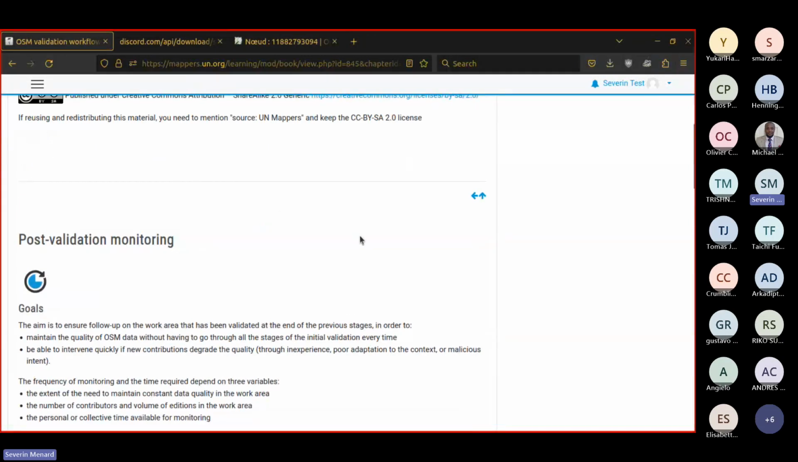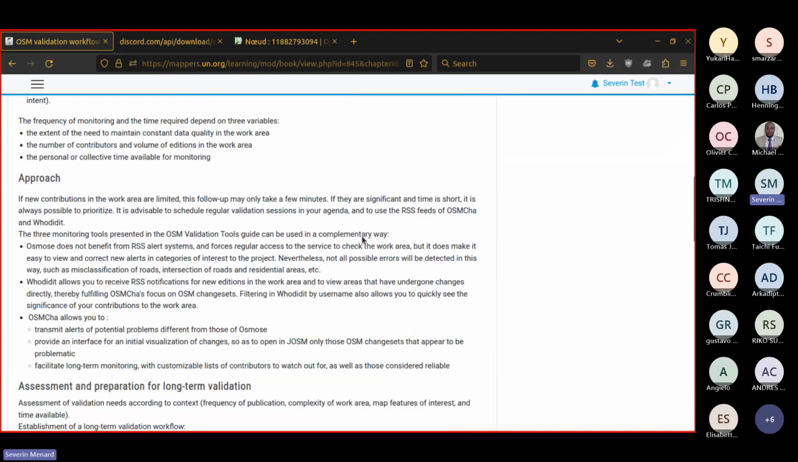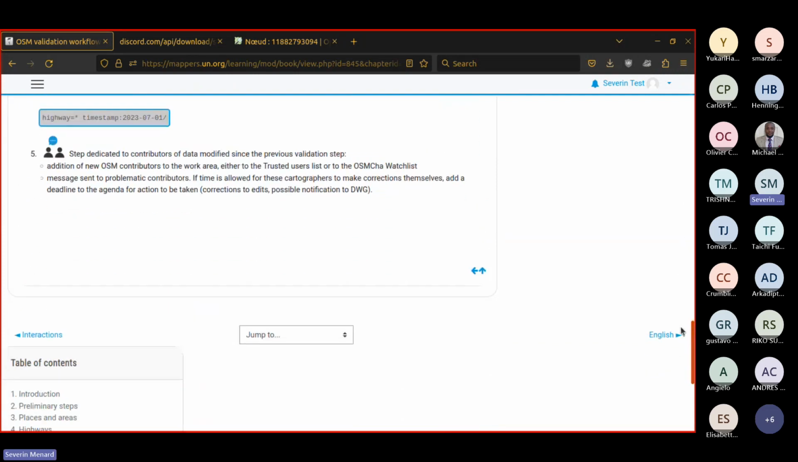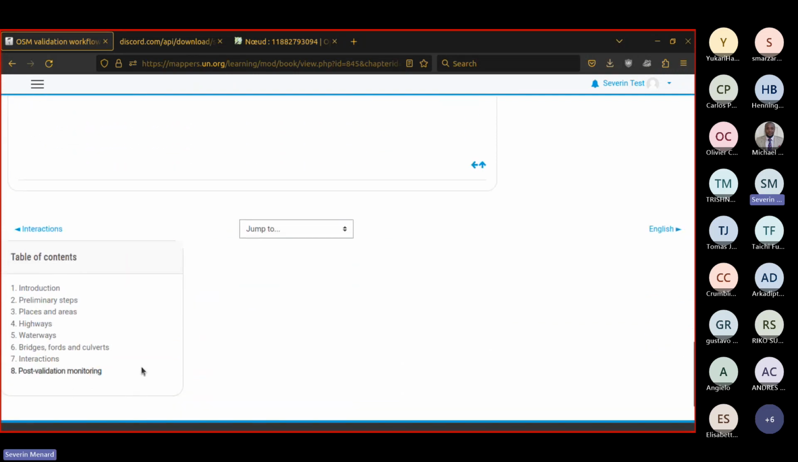And today I will try to finish the very last chapter of the last part of the documentation about the validation. It is the one dealing with the post-validation monitoring. Okay. If we have time, I will also, as I told you last week,